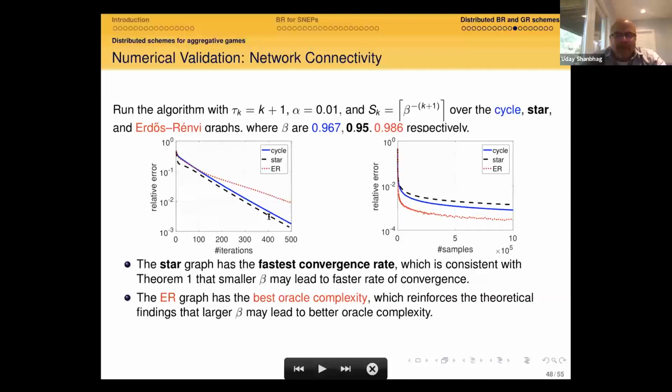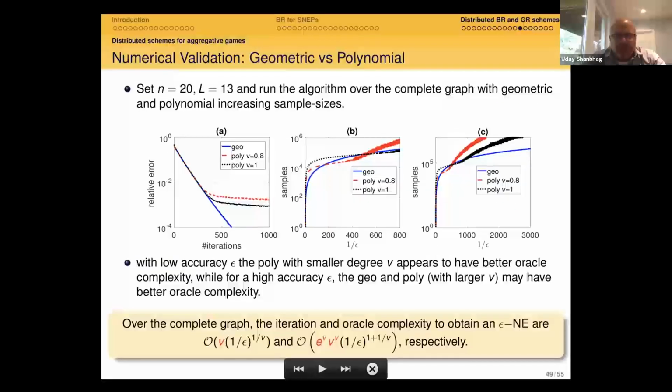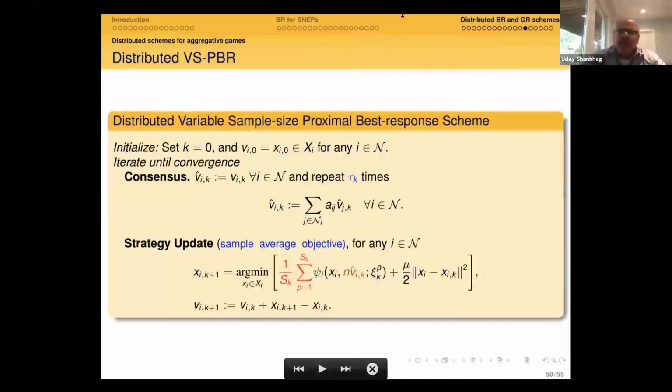So you can see that this is what happens when you compare geometric with polynomial. But I want to just skip ahead and talk about proximal best response. So proximal best response is very similar to proximal gradient response. The key difference is instead of using stochastic approximation to compute the best response, I use what is called sample